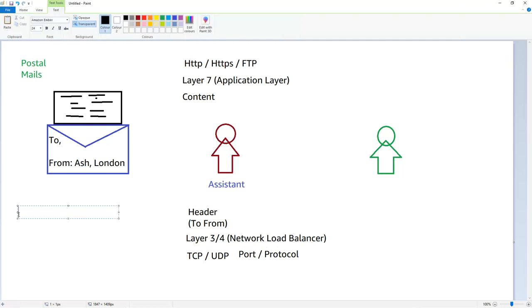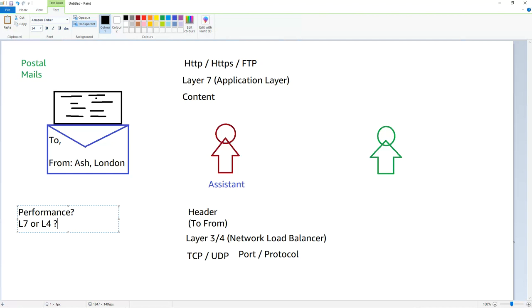What if I ask you a question: which would have better performance? Anyone? Who would have better performance, a layer 7 load balancer or a layer 4 load balancer? In terms of packet forwarding, in terms of packet receiving? What do you think? Any thoughts here based on what they are doing? Yes, layer 4.